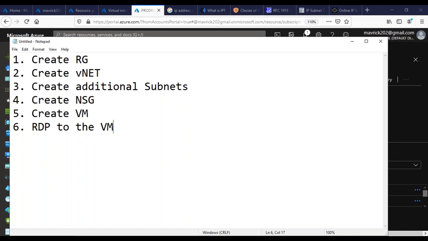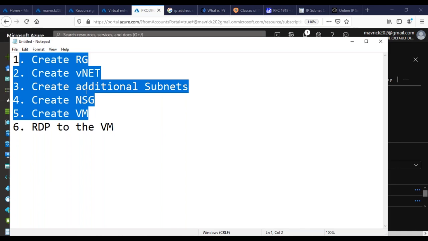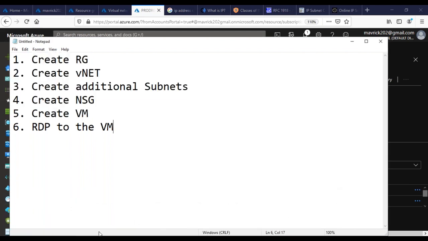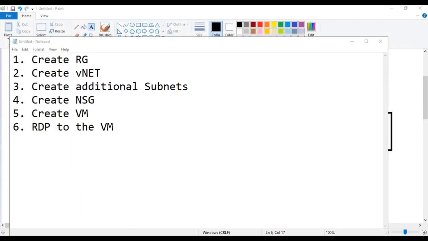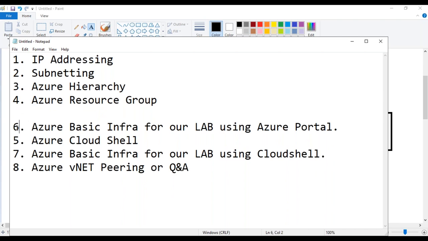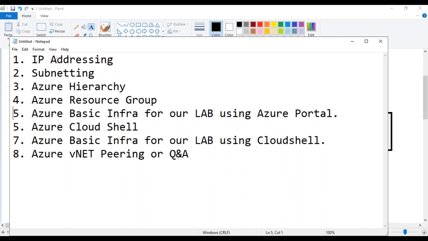The reason I'm taking this step is you need to understand that creating all these manual things every time is a little hard for you. That is why we're going to utilize CloudShell. We need to talk about CloudShell. Let's move this a little down. First I'm going to show you the pain of doing it manually, then we discuss CloudShell, and then we deploy using CloudShell. Okay, let's do that one by one, guys.